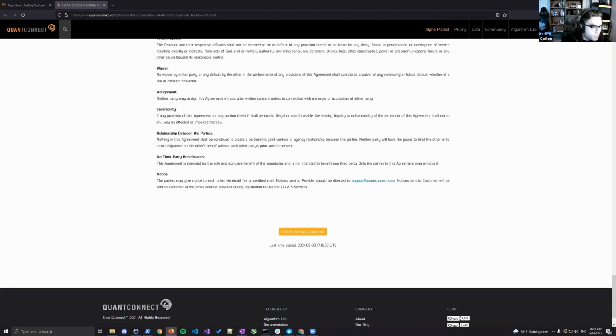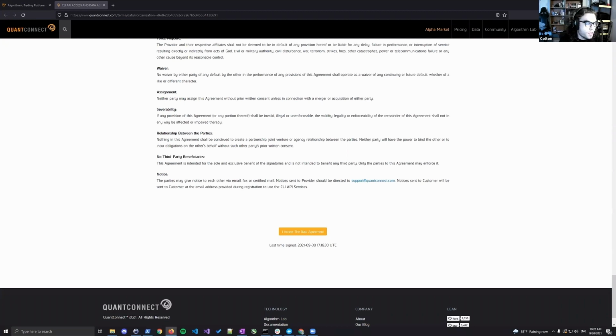I believe in its current status, there is not a way to download the data directly from the GUI, but you could go through the web interface and download the data through our web portal and then just copy it over to your data folder. That is a good feature, though. That is something that would probably be friendly for a lot of users,